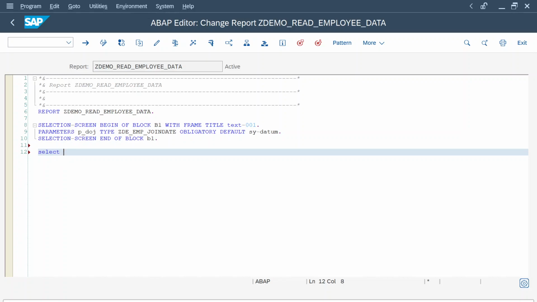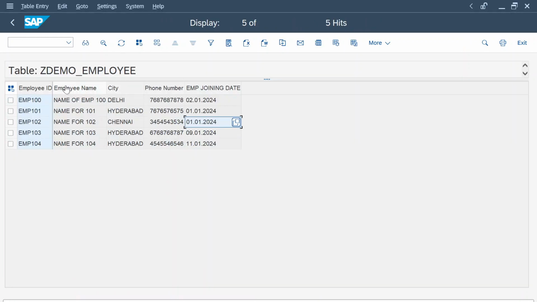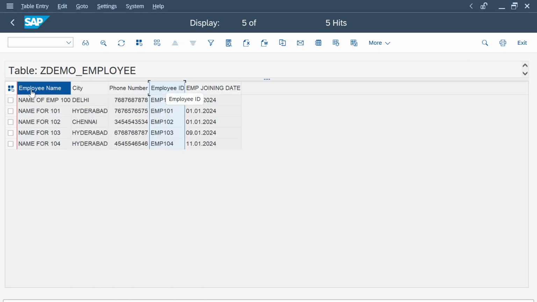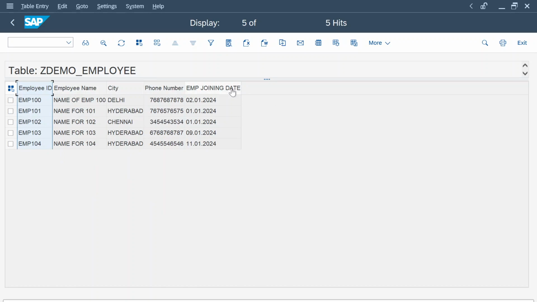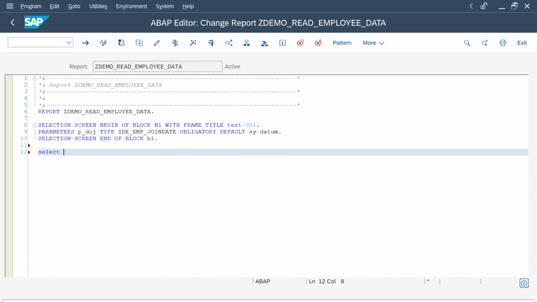Now, do you want all the fields of the table, employee ID, employee name, city and everything, or only specific fields, like only employee ID and name or city? If you want all the fields of the table, multiple records with all the fields, then select star